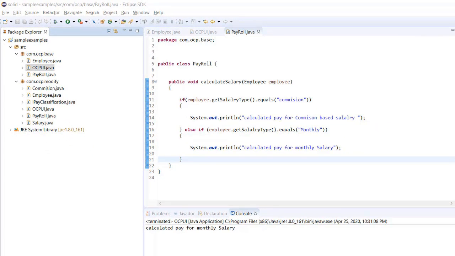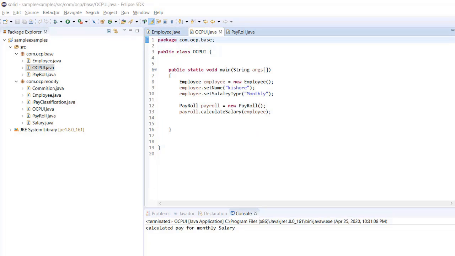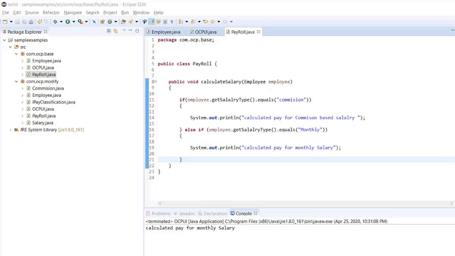So what's happening here? There's an employee class which has salary type as an attribute. There's an OCP UI. OCP UI creates the instance of the employee class with the name and salary type, as shown here, the name as Kishore and the salary type as monthly, and invokes the payroll class and calls the calculate salary method. The calculate salary method is an if and else logic which checks for the salary type and invokes the